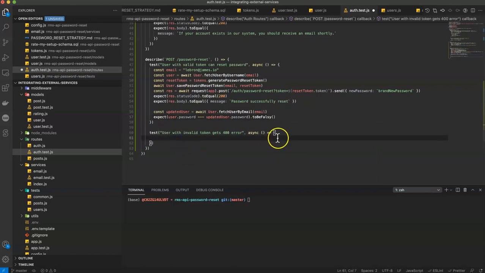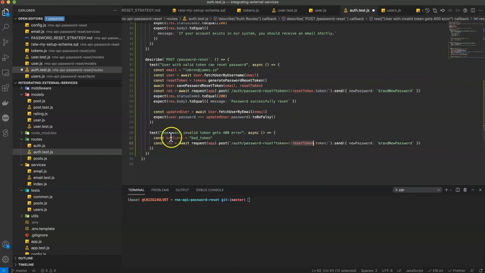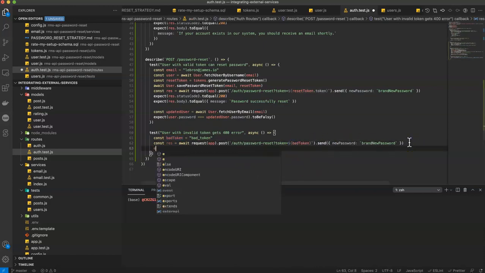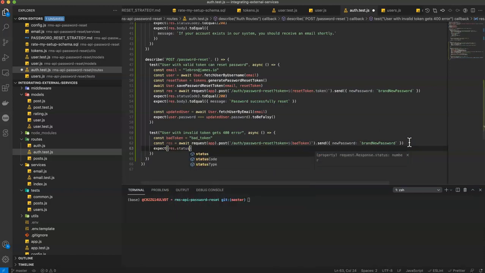And in this case, all we're going to do is say const badToken is equal to 'bad token'. That's easy enough. And then we'll do the same thing here. We'll use this exact same system, except instead of sending the resetToken.token, we'll just say badToken, which will be an incorrect token, so it should throw an error for us,